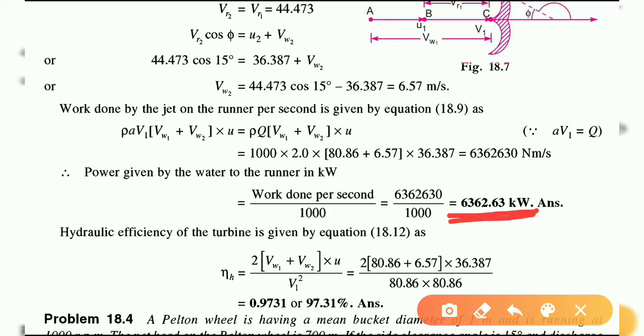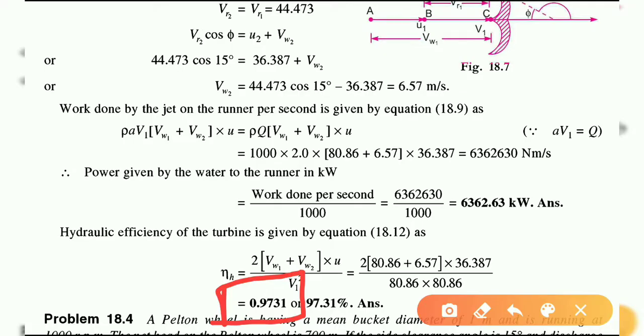Now the next thing is the hydraulic efficiency. So the hydraulic efficiency can be calculated using this formula. In this formula, the value of Vw1, Vw2, U and V1 are all known. We just need to replace those values, and after calculating we will get the value as 0.9731.